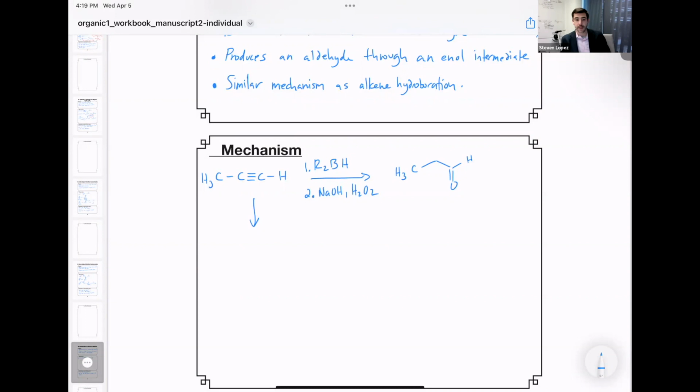What's produced after treating this alkyne with the borane followed by these basic conditions is this intermediate right here. Okay, and then this, because you're in the presence of a strong base like sodium hydroxide, can undergo the enol-keto tautomerization or isomerization reaction. Shown all as one step,